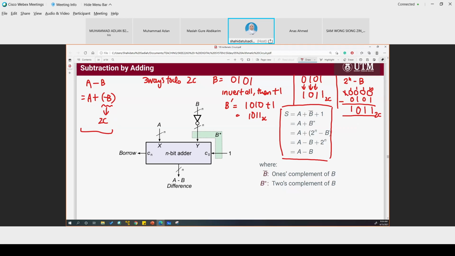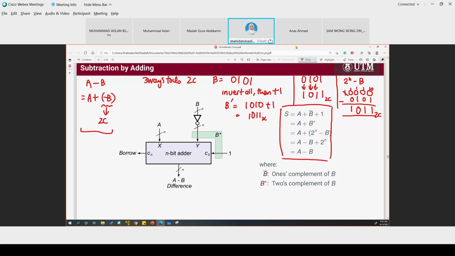The number that is being subtracted from, which is A, remains as it is. We're not going to do anything with A. But B, because we're going to subtract B from A,